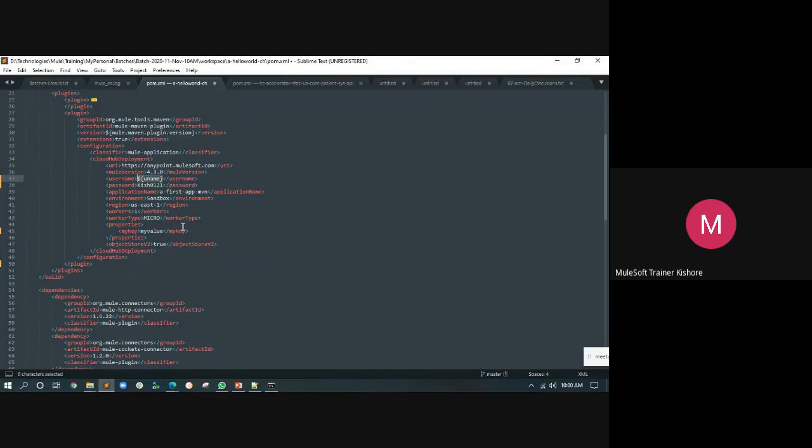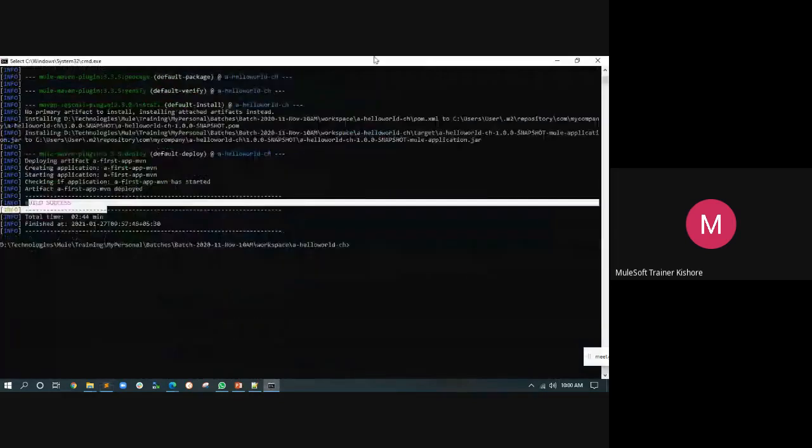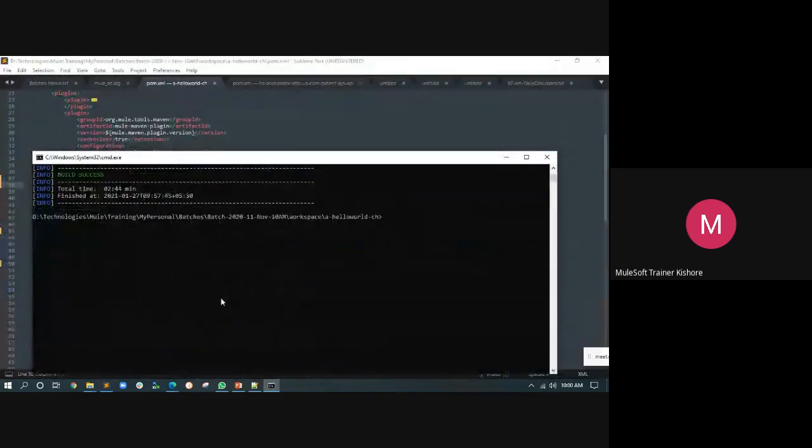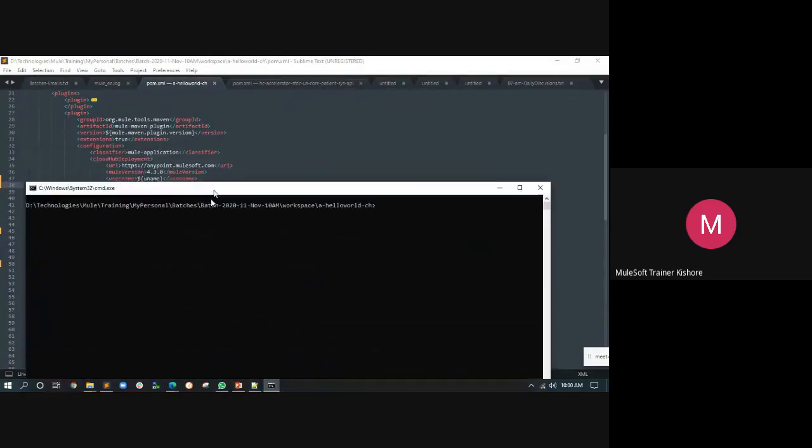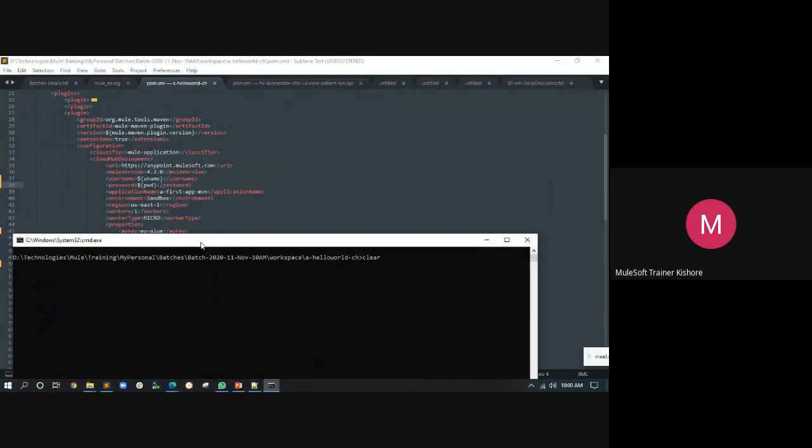uname, and then dollar password, and then when you are deploying with Maven, you can use the same command and supply the values.